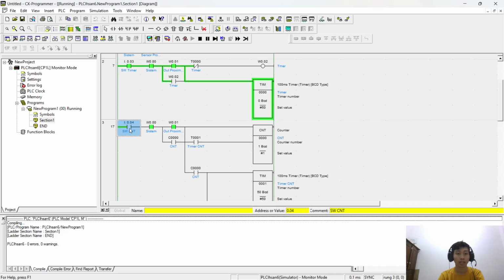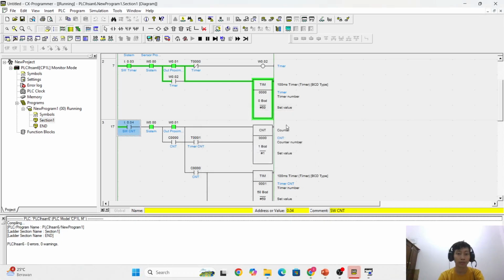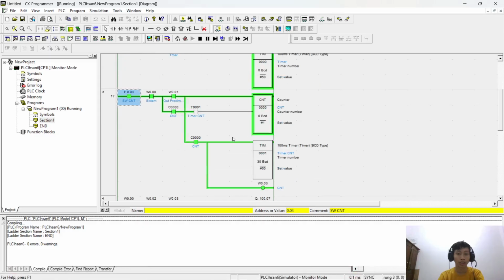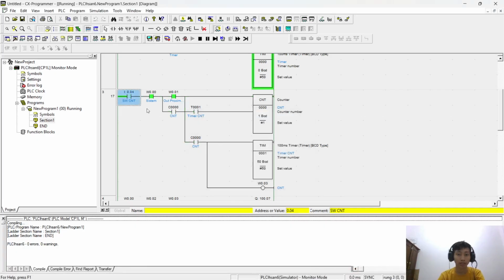Okay, next is a counter. When the counter is on, you see the timer will go to 0. Okay, set it again, set 0. Yes, set again.